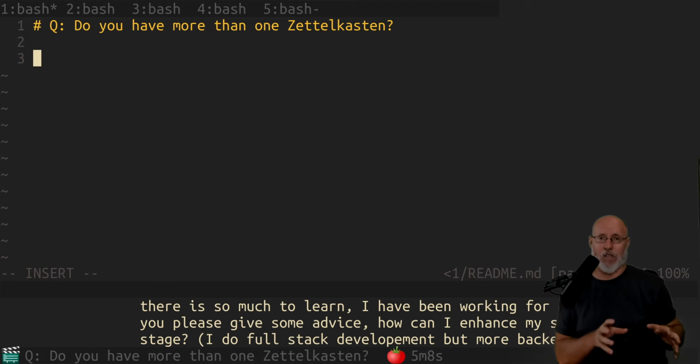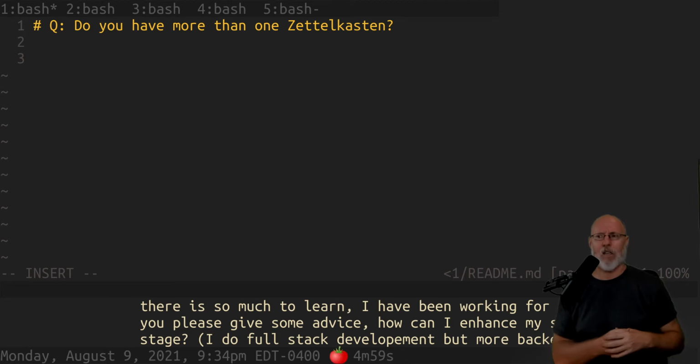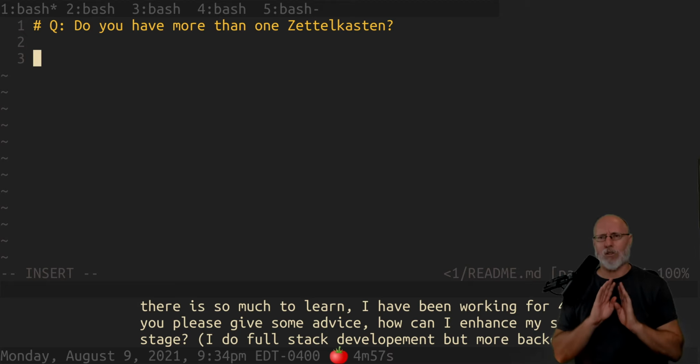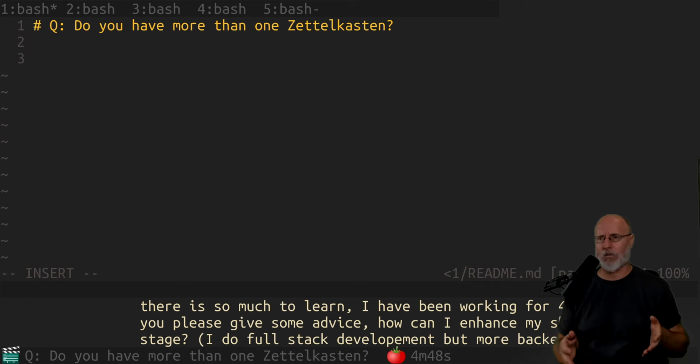First of all, a lot of the stuff that I keep in there is not stuff that I could ever share with anybody else. There's internal tips and tricks for how to get things done on the VPN and stuff like that. So that's a pretty dramatic separation. And I'm finding myself that the separations that I tend to want to do with my Zettelkasten are not so much topical or categorical. They're based on access.